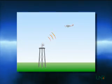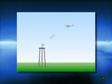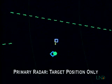Radar works by sending a radio signal from a rotating antenna. If that signal hits an object, a portion of the signal is reflected back to the antenna and appears as a blip on the radar display or scope. This is called primary radar, in that the only information provided about the target is its location relative to the